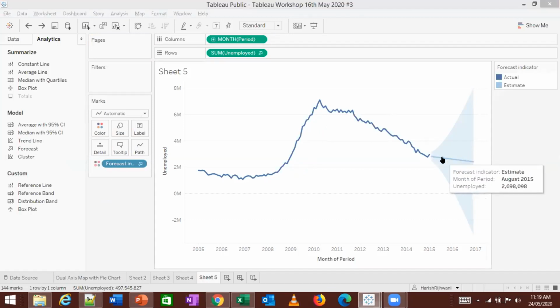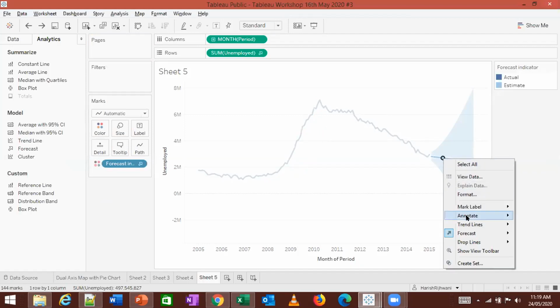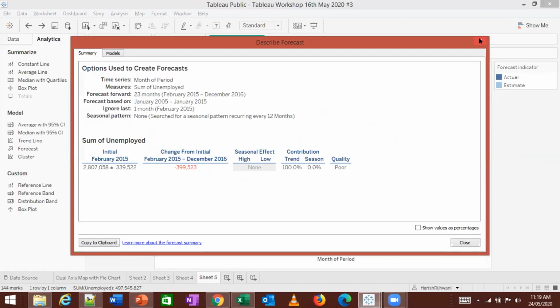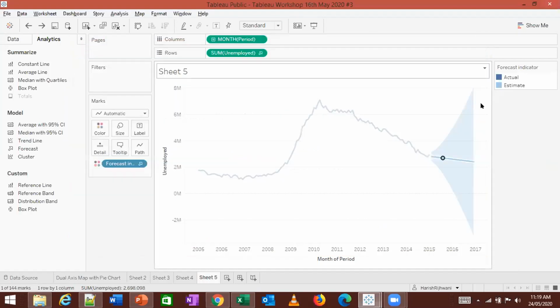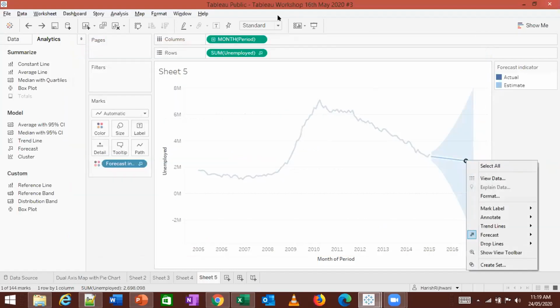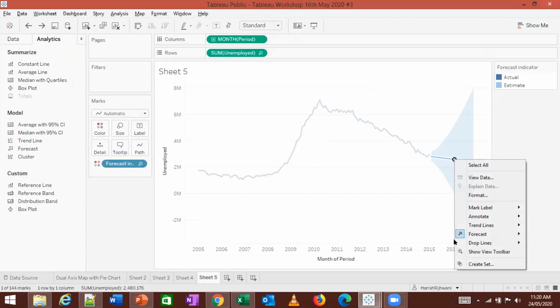To describe the forecast, right click on the forecast line, click on forecast, and you see describe forecast. If it's an older version, you might see it somewhere else. Did you get that? You just have to right click, and you will see that option in forecast.